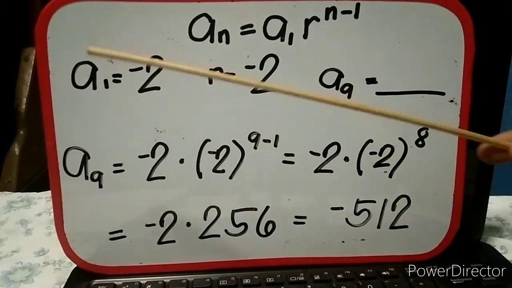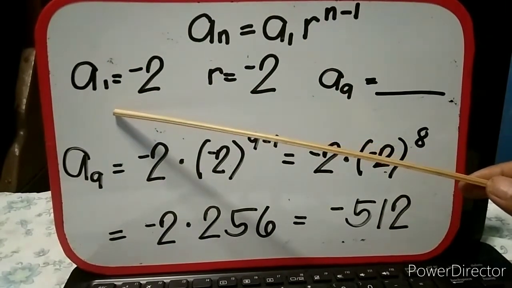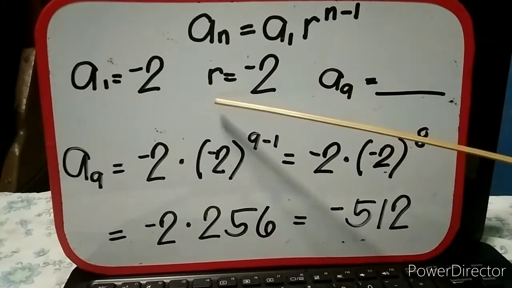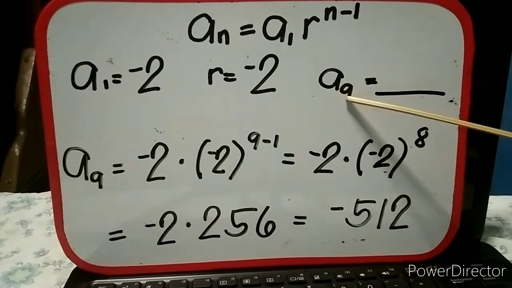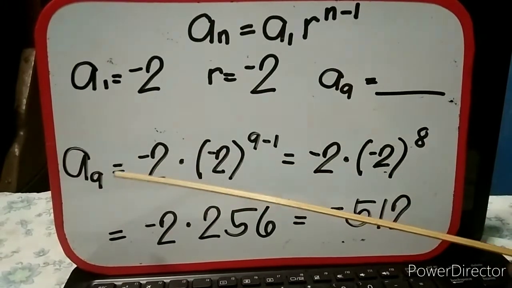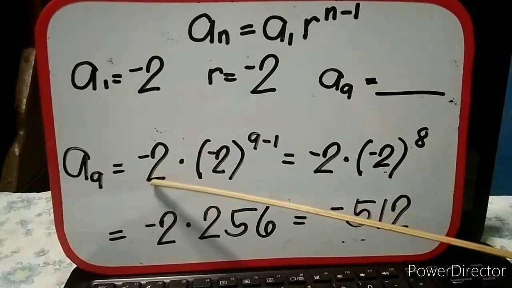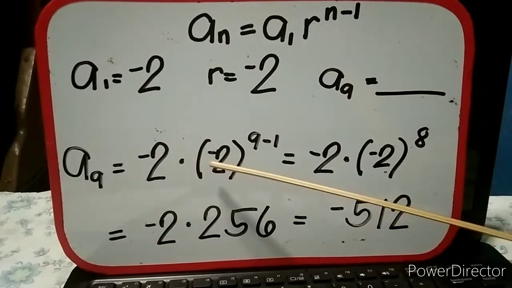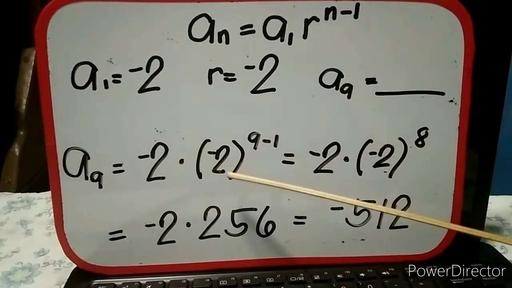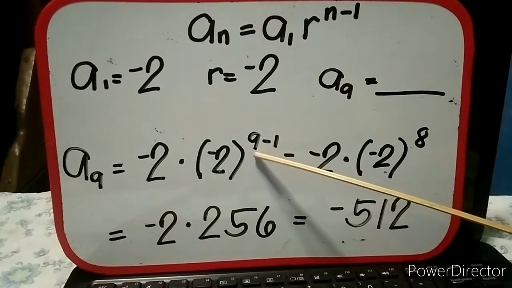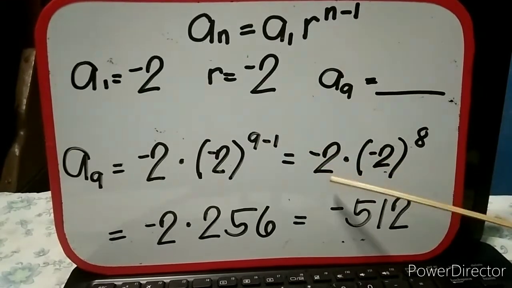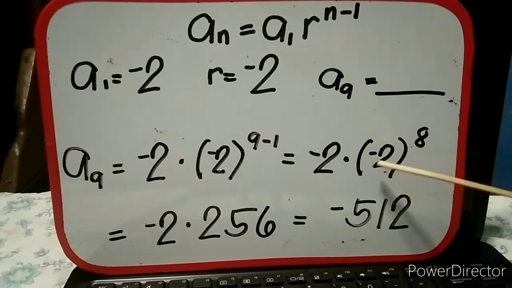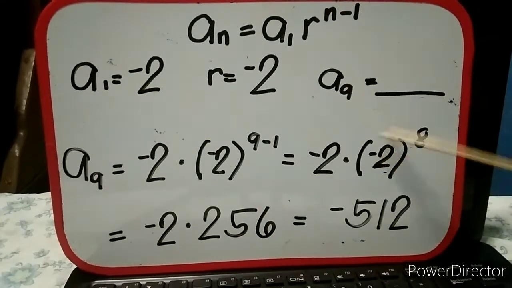Our next example is a sub 1 or the first term is negative 2, the common ratio is negative 2, and we are tasked to find the 9th term or the a sub 9. Using the formula, we have a sub 9 is equal to negative 2, which is the first term, times negative 2, which is the common ratio, raised to the exponent n minus 1. So n is 9. 9 minus 1 is equal to